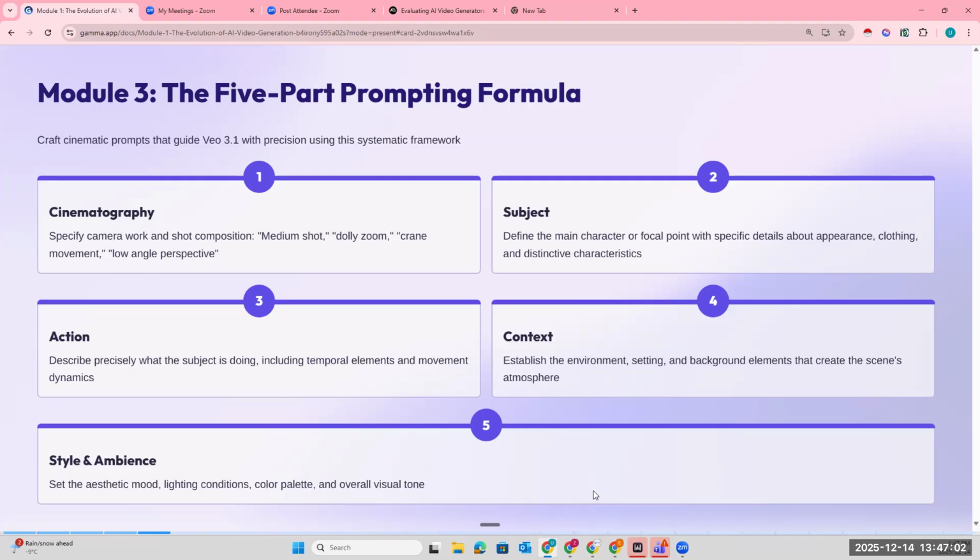There's a 5-part prompting formula here. The first one is cinematography. That is, you specify how the camera is going to move. The camera is not just a lens that captures, it's going to move. Is it a medium shot? Is it a dolly front and back? Is it a crane movement? Is it a low angle? You need to be very specific about what the cinematography is, and it comes at the beginning of the prompt you are giving it,